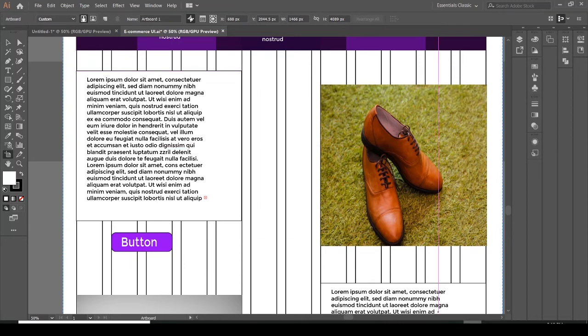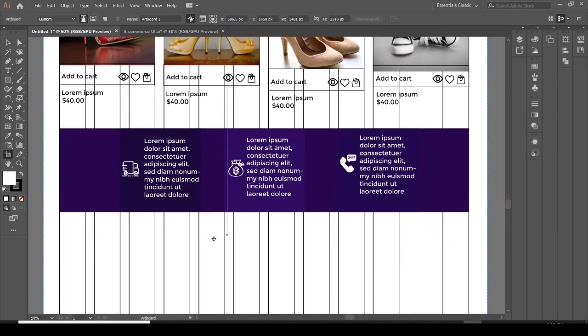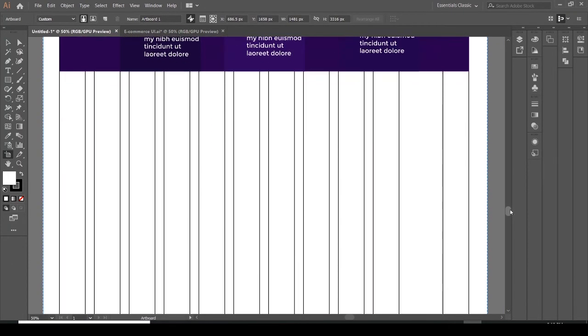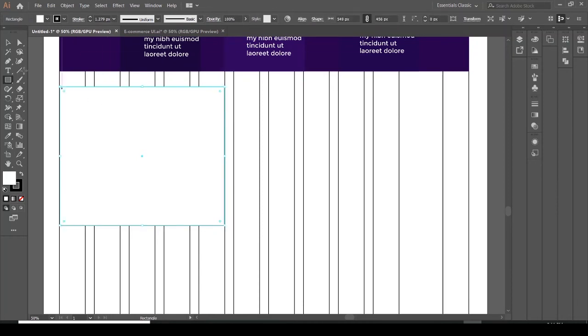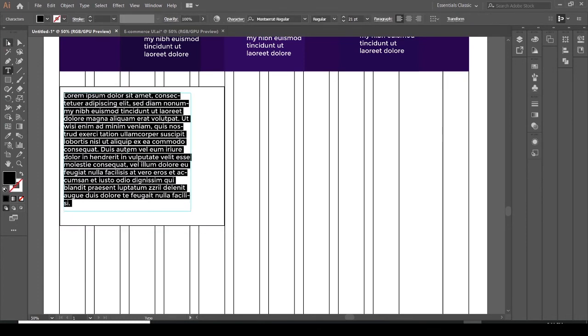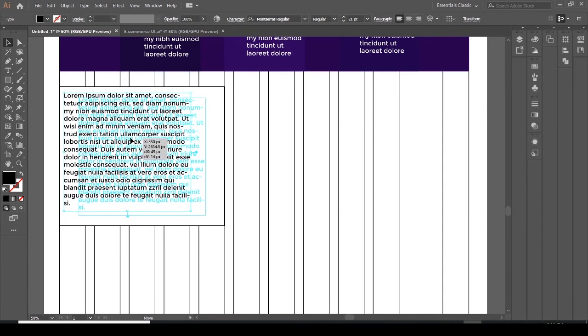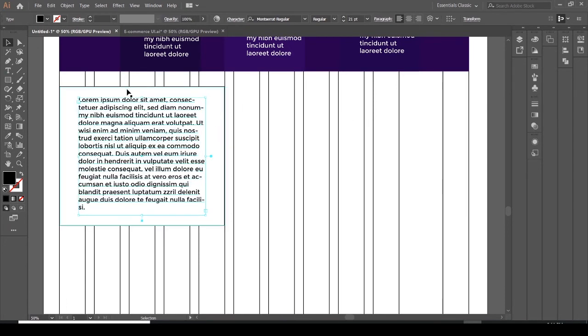Okay, so first of all, let me have a rectangle here. 1 2 3 4 5. Okay, do have a stroke here, and I want to go with some text. Here we go. Text should be in the middle,